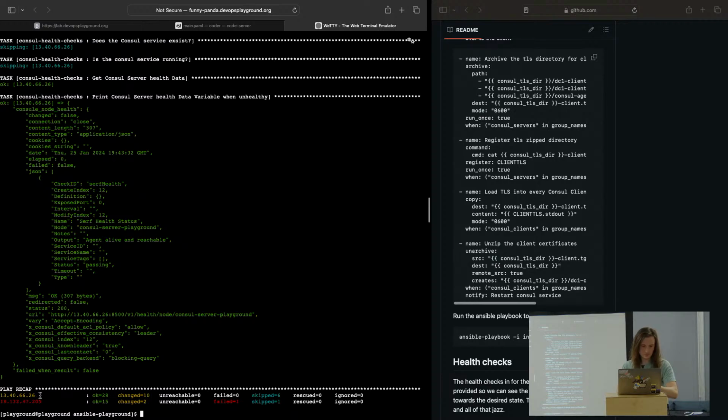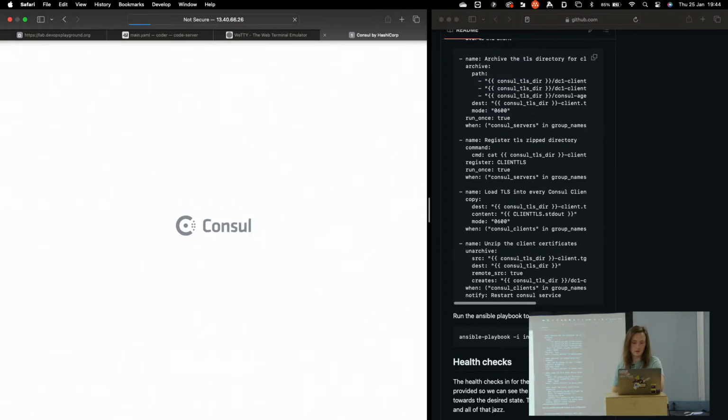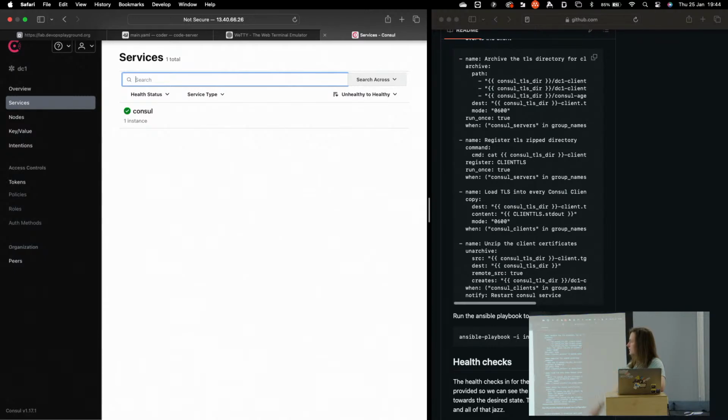So if we go to this address, we should now be able to see console. The default console port is 8500. There you go, console up and running. So that's kind of a demo of Ansible